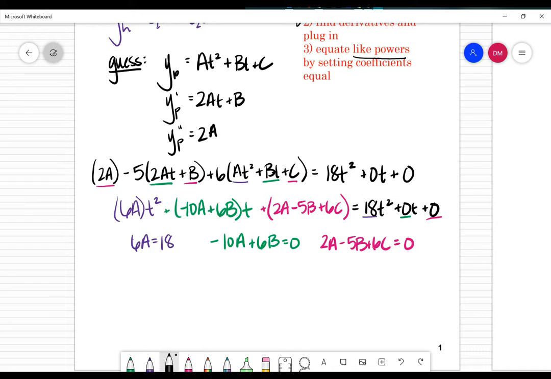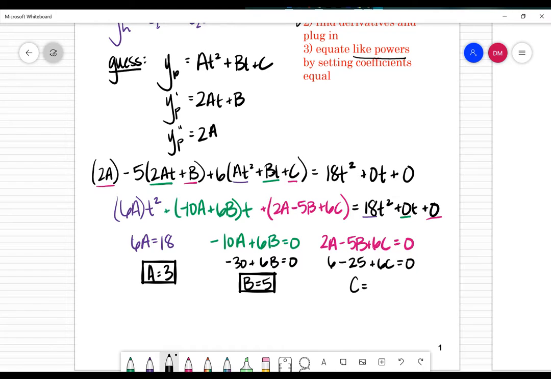So if I get a equals 3 right there, I'm going to go ahead and plug that in here. That'll give me negative 30 plus 6b is equal to 0. I add 30 over, I divide by 6. I get that b equals 5. And lastly, over here, 2 times a is 6, minus 5 times b, which would be minus 25, plus 6 times c equals 0. So that would give me a negative 19. Oh, I get a not so nice number for this. So c is equal to